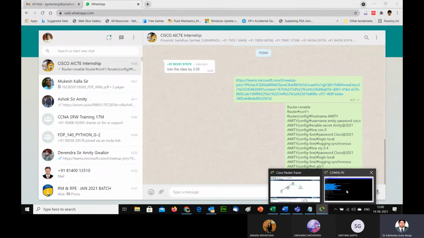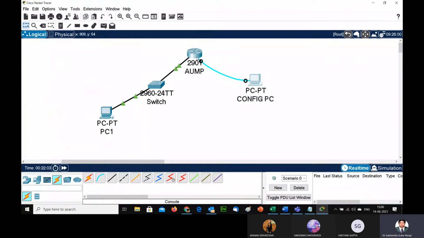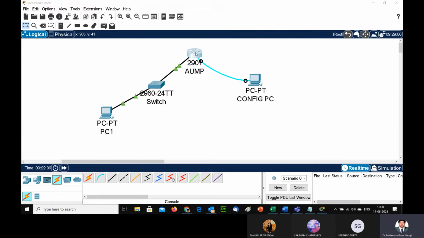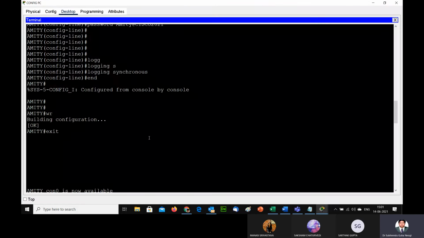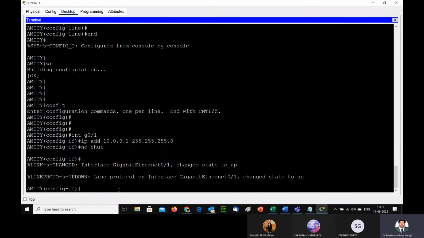Now my router is connected to the PC. I can make this router a DHCP server also. There are a few other configurations for making this router a DHCP server. Let's go to the console port again and do that basic configuration.